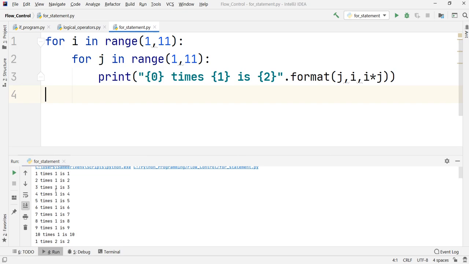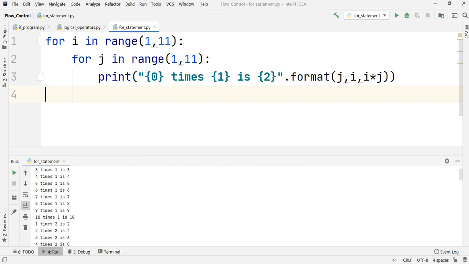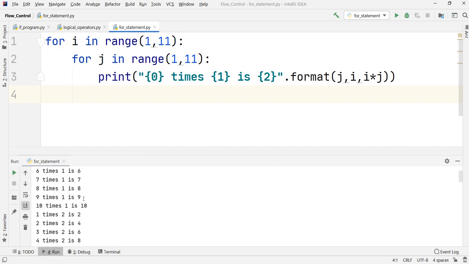So I'm getting the table, but all the tables are one below each other. I'll zoom in a bit. The table of 1 is ending somewhere right here, and the table of 2 is starting right below that. So let us have a separator in between.